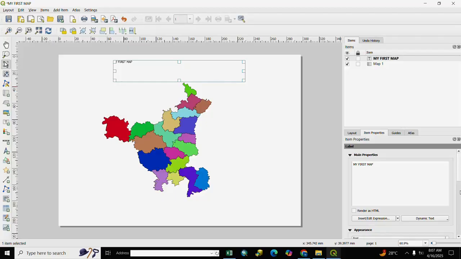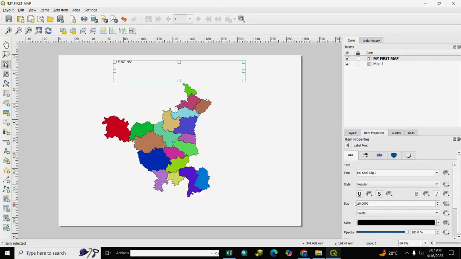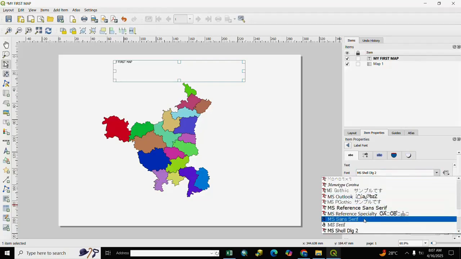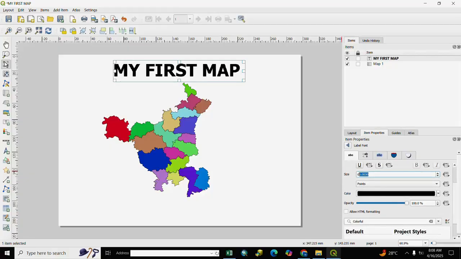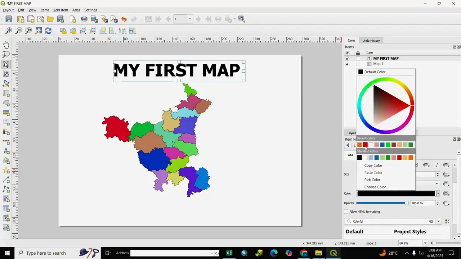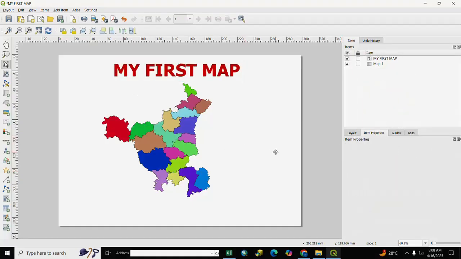After it, we go to downside, and we click here font. Here is font property. We select here font as per your requirement. We select style, bold, and other property. Here is our size. We write here 60, and color, if you want to change color, you select here color and ok. Our map text